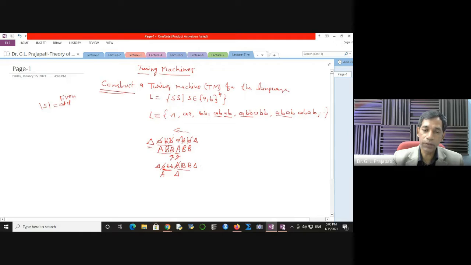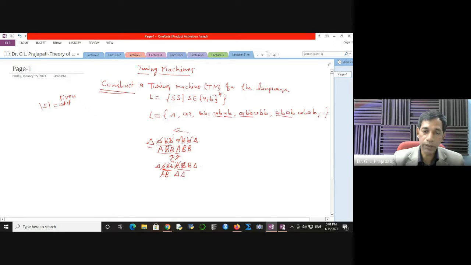Once you are coming back to the left side, scan for small a, small b, and once you have the uppercase A or uppercase B, go to the right. Once you are right there, you have the small case a or b, change it back to the uppercase and go to the right, scan for small case a or b, and also scan the blank symbol and go to the right. And once you see that uppercase B is there,